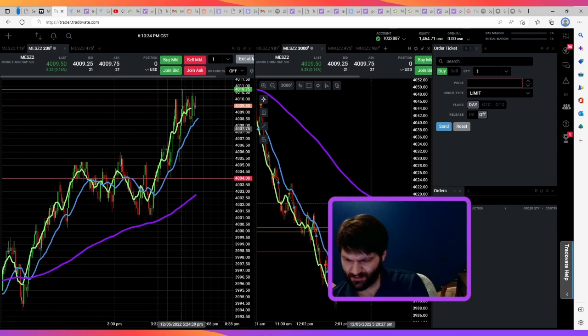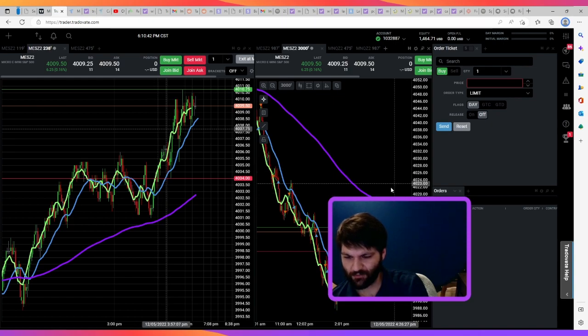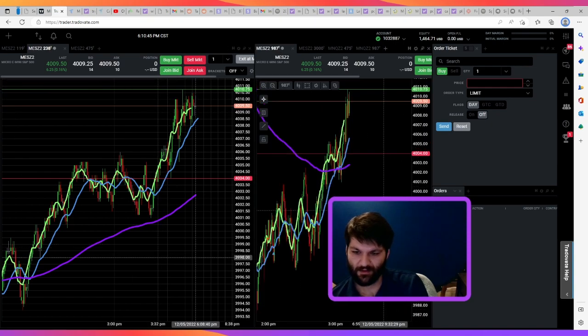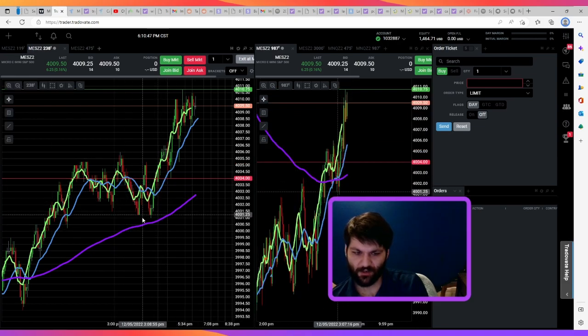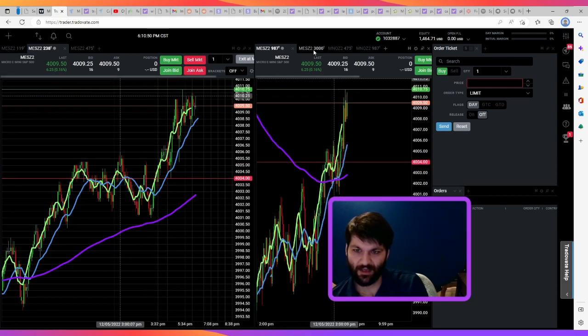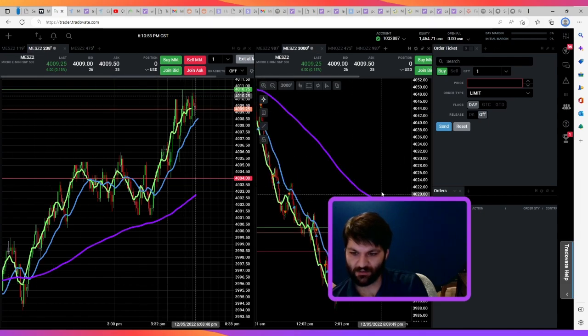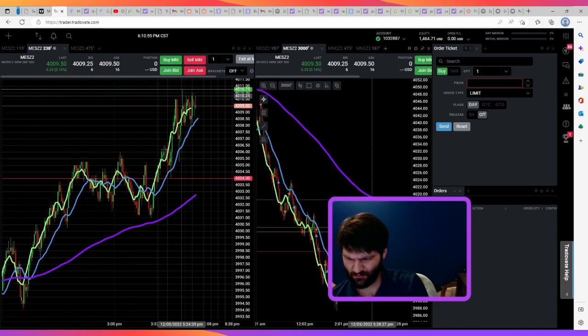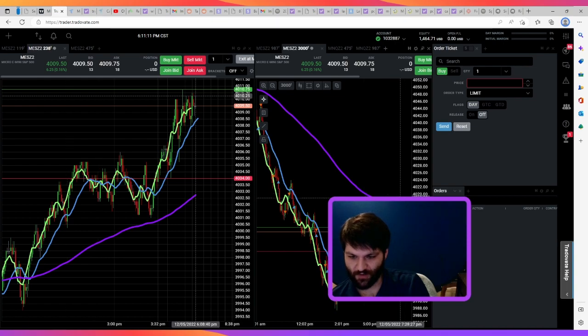Anyway, so we could move up to around here, this like 1850-ish. This might fluctuate a little bit by the time we get there, but that could be somewhere we hit. We've already passed through this 200, we're already above this 200, and if we were to continue moving up, this would kind of be the spot to be looking at. So, say 1850 or 18 would probably be a really good spot. So 4,018 would be a really good spot to look for that turnaround back.